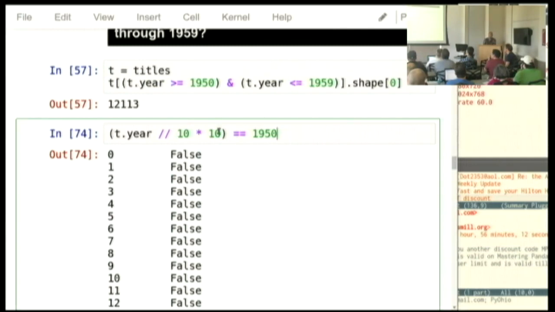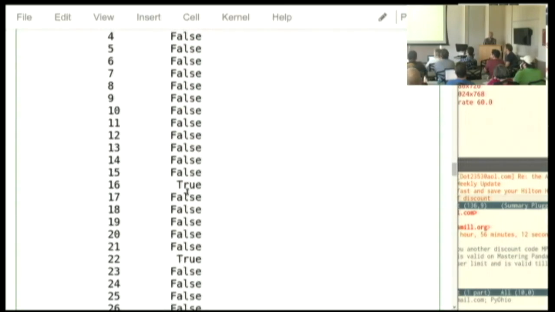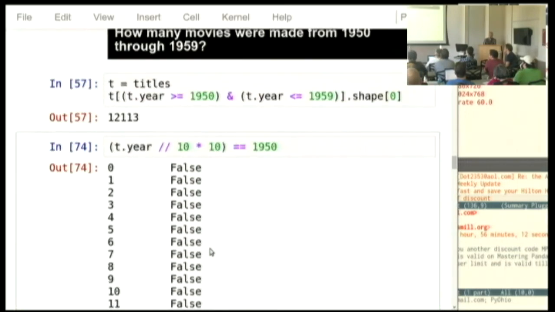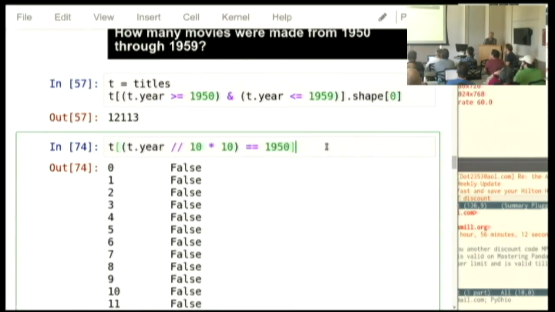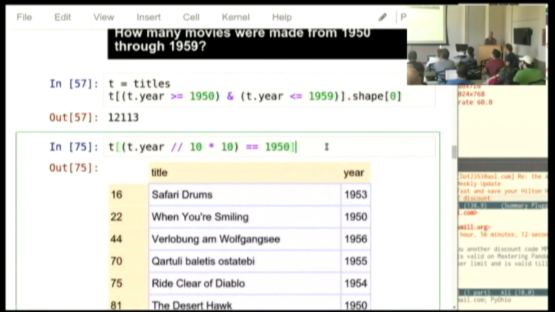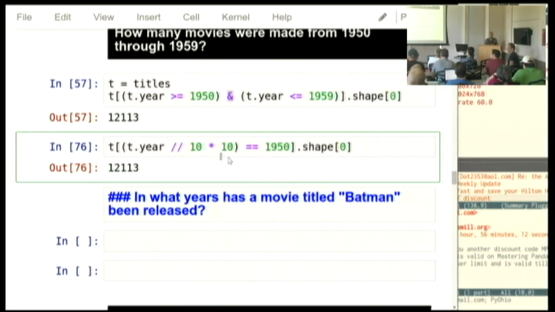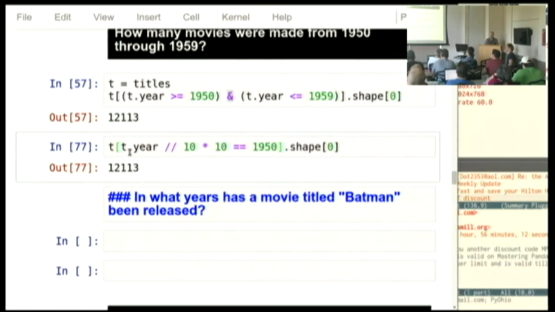And so I can simply say equals 1950 in order to get true values here wherever a movie was in the 1950s. And so I could get my T data frame, my titles data frame, and I could sort it that way. Oh, never mind. The question wasn't to list all the movies. It was to show how many. And so this is another way, without having to use parens and that little and operator. This is another way to use parens. Oh, except that I don't need them. It knows that math happens before equal signs. So I now am getting all of the 1950s movies.